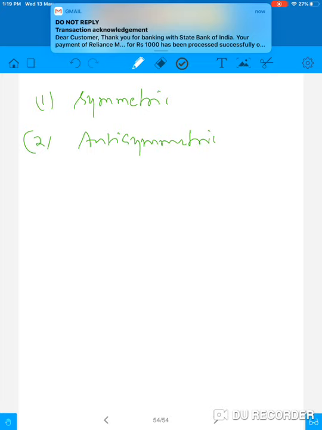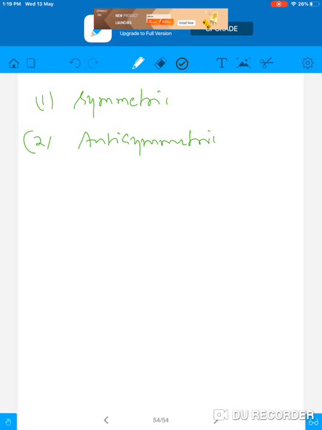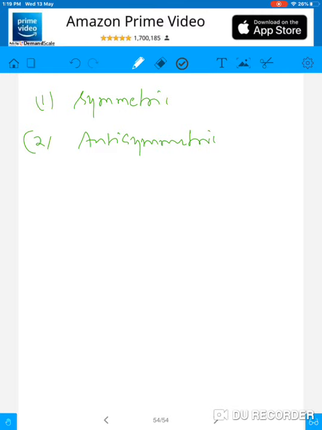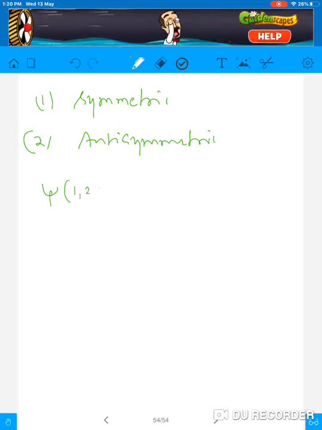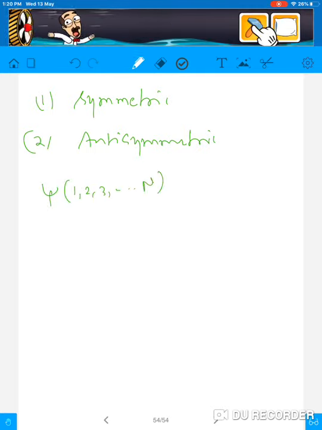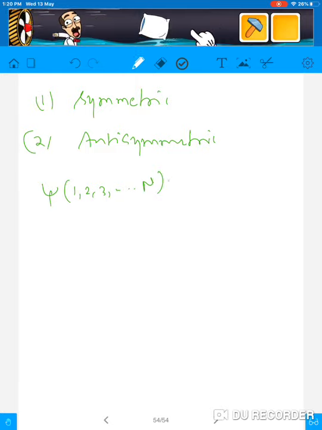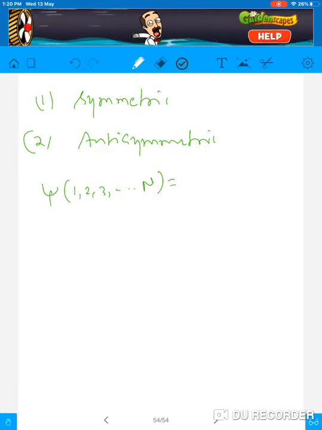For example, the complete wave function psi for n non-interacting particles can be expressed as the product of the wave functions of the individual particles. Whether the particles are distinguishable or indistinguishable, I mean non-identical or identical,